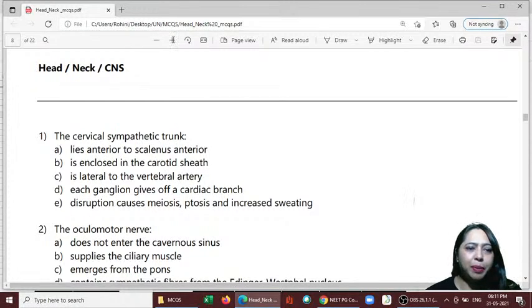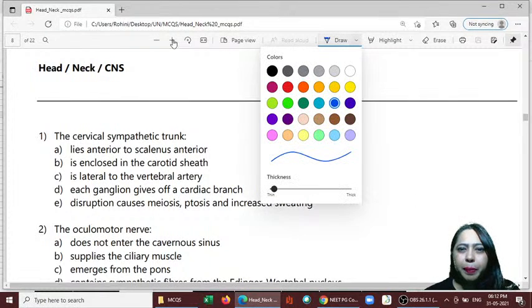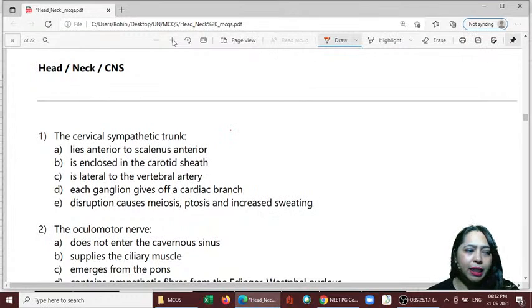So the cervical sympathetic trunk, the first option is lies anterior to the scalene muscle. Now there are a few things. We can highlight down. Lies anterior to the scalenus anterior. Is it anterior to the scalenus anterior? It is enclosed in carotid sheath. I don't think so. It is not inside the carotid sheath. Does it lie anterior to scalenus anterior? It is